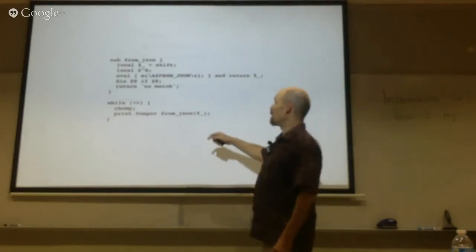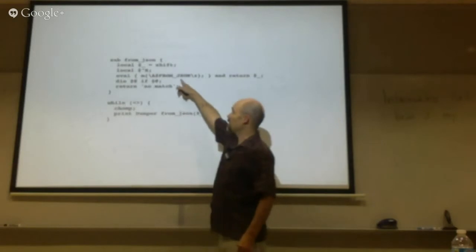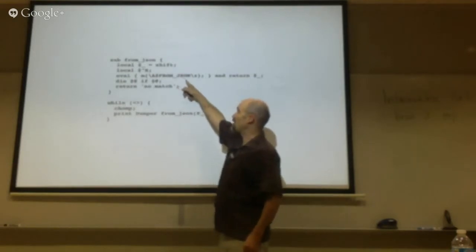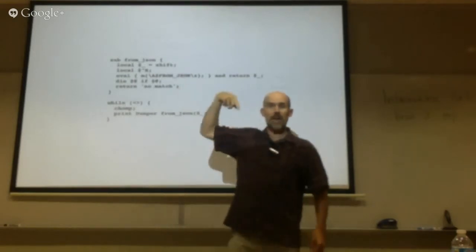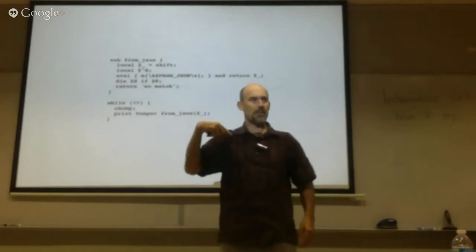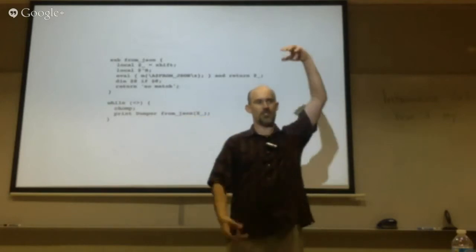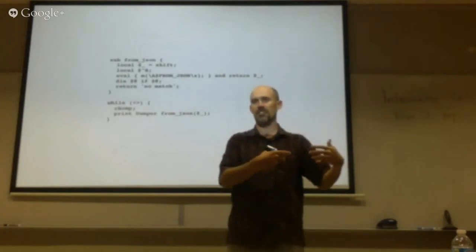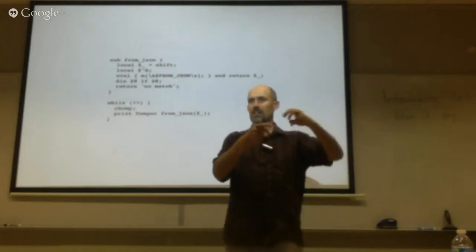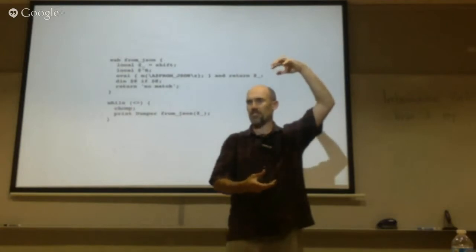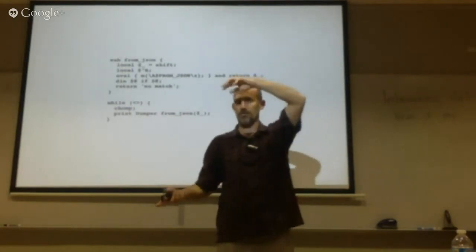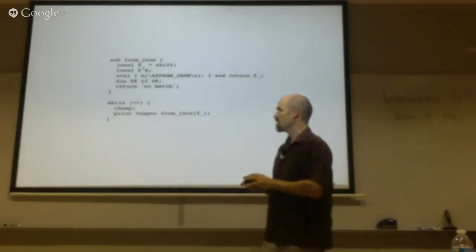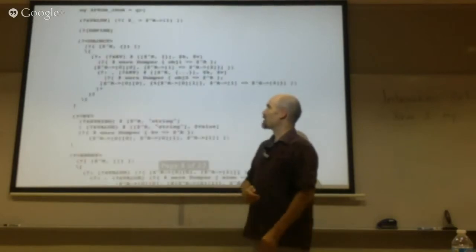And then he matches against that. Now the curious thing is that after he's done with that, when he comes back, the target string that he had matched against is now the data structure. So in that regex, he actually replaced the target string. He did a substitution with the data structure, whatever represents the JSON, the array of hashes or hashes of hashes or whatever it is. So let's look at some of this.